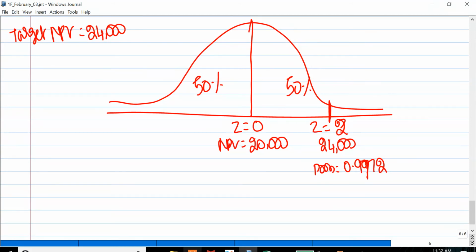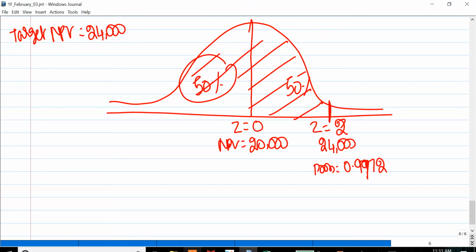See, basic thing is that Z of 2 corresponds to 0.9772 of probability. That 0.9772, if you say less than 24,000, 97.72% is the answer. What indirectly I am trying to say is, this entire portion is 97.72%. How? 50% of this, and this part is the balance 47.72%. And the remainder goes to this side, which is